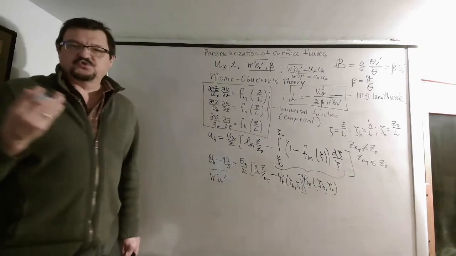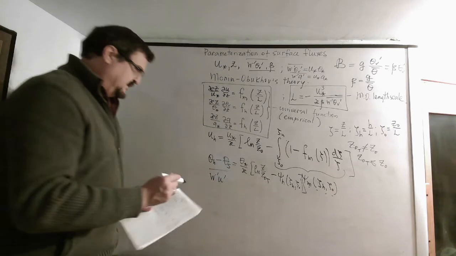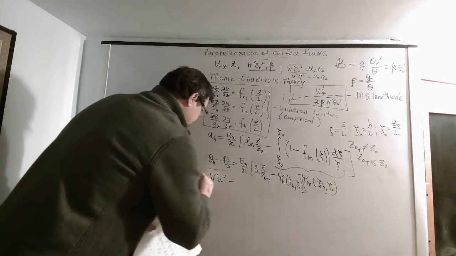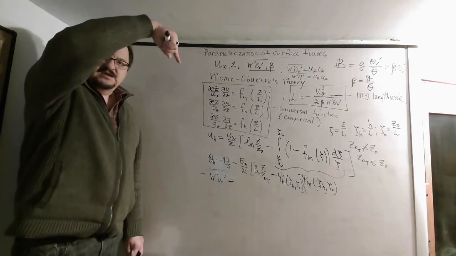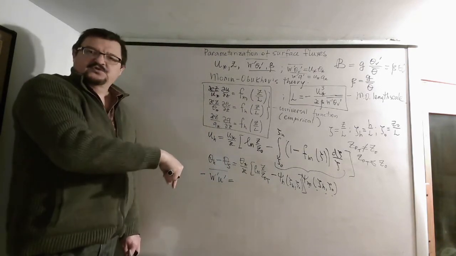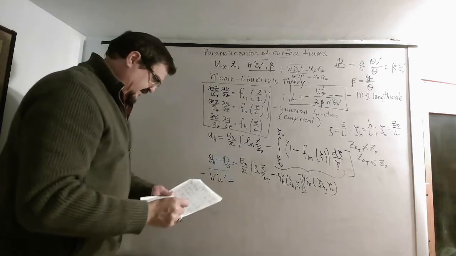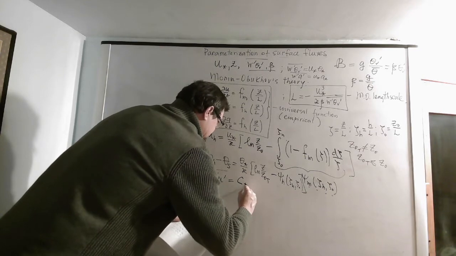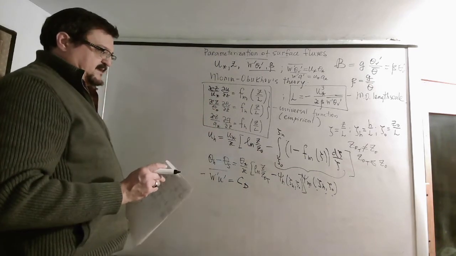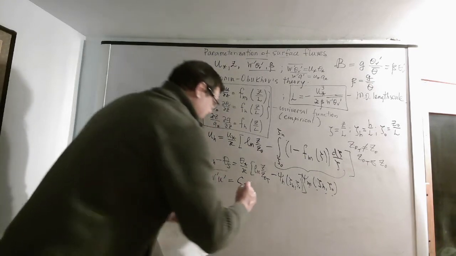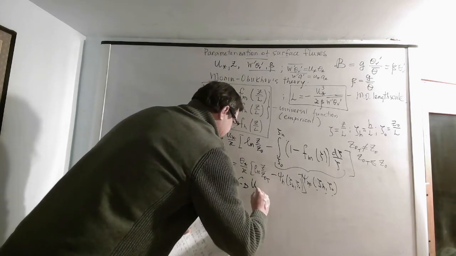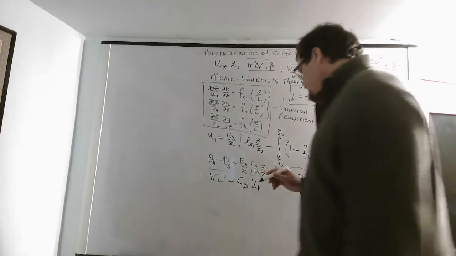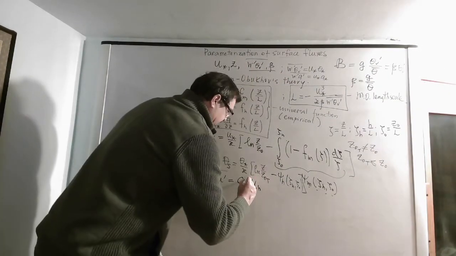Let's say there are two components of momentum, u and v. For the u component it's going to equal, with a minus, because remember momentum flux is always negative. It's always going to the surface. That's why you need a minus sign here to get it positive. It's C D, the drag coefficient, times U h, and U h is actually an amplitude, so it should be an absolute value,